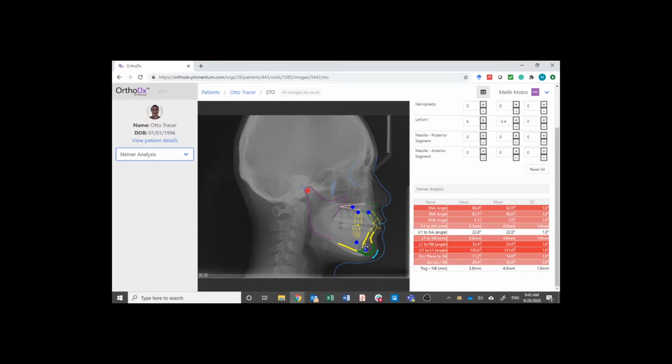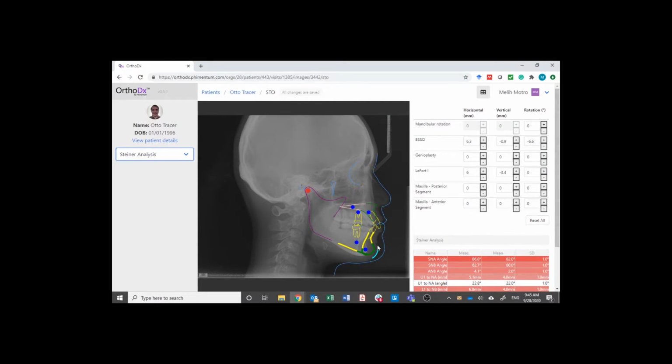Now, another feature is that you can also do genioplasty surgery by just clicking at the very lower anterior portion where the symphysis is, and similar to all the changes you did to the maxilla and mandible, you can move the symphysis section or move the genioplasty section as well. A similar function is true for genioplasty. With the arrow, you can rotate the